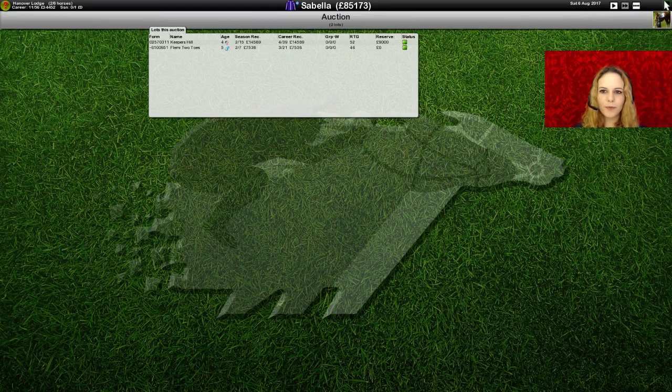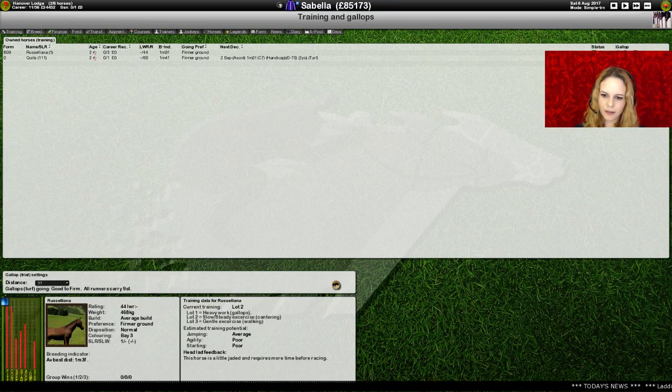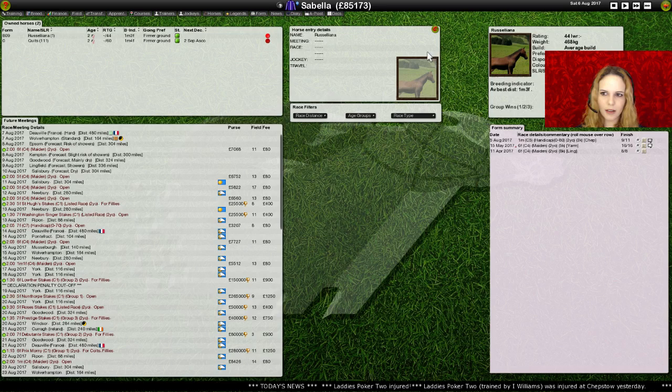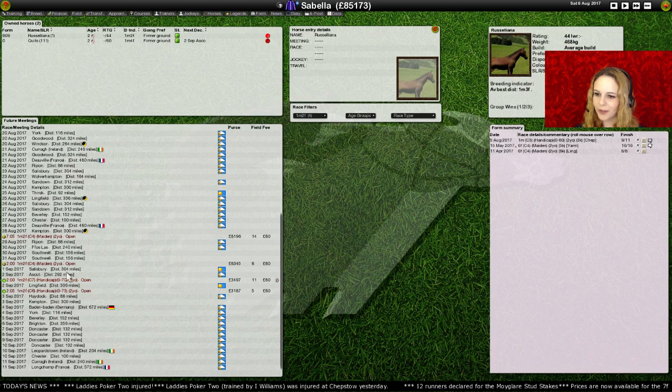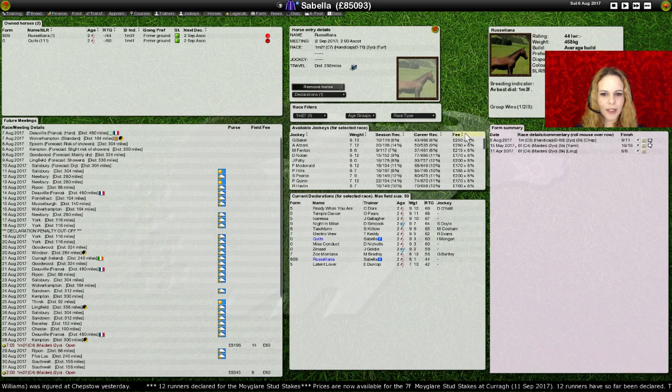So we'll check the training screen. No, they're both fine. So as long as we give Roselliana enough time to recover her condition bar, the green one next to the red one there, she should be right. Her rating is 44. I feel like once again I've bought into horses that are just genuinely dreadful, which is entirely possible. 44, yeah, we'll pop her in this really, really terrible...